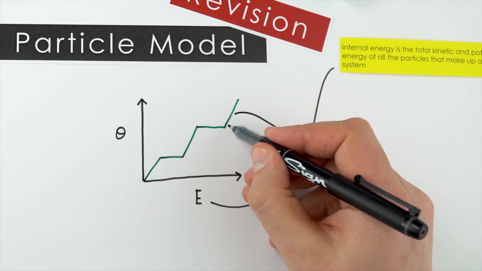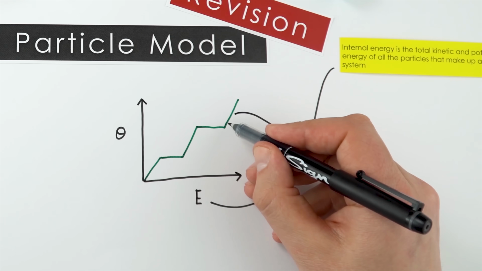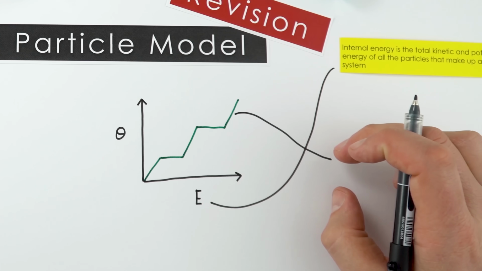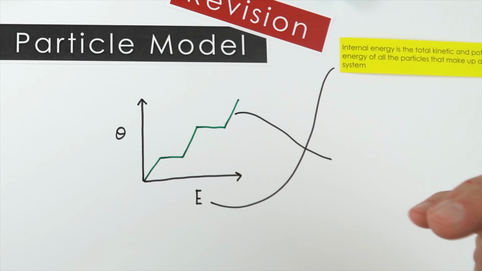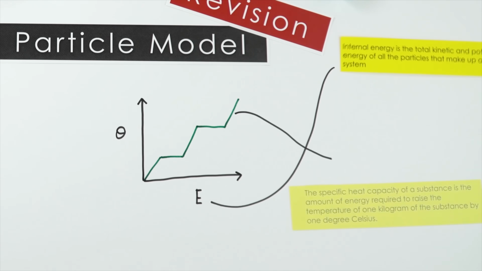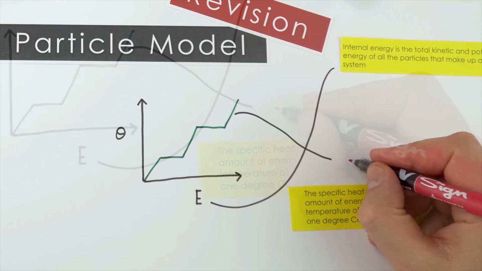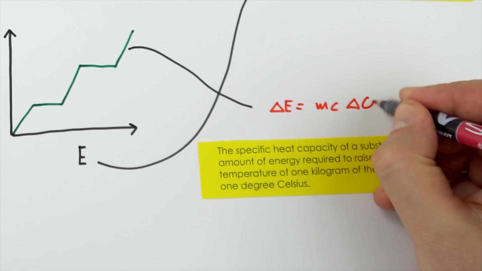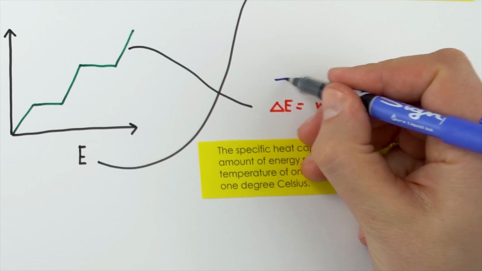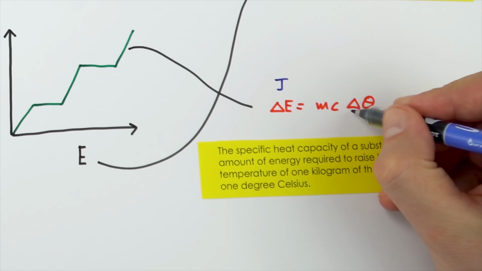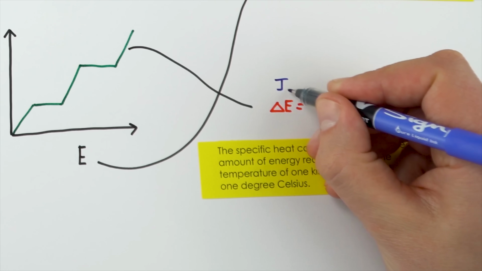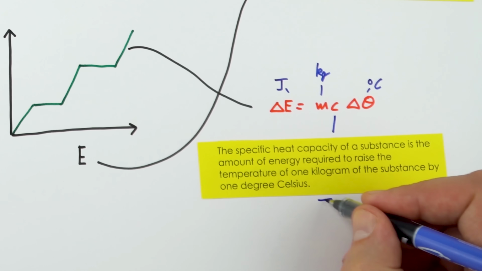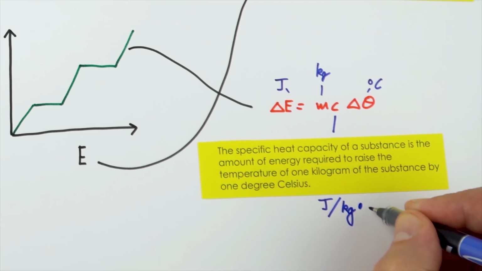And what we have here, when we have these regions here, we have something which is maybe a gas, a liquid or a solid. If we want to look at the amount of energy that it takes to heat something up, we can then look at something called the specific heat capacity. So the link between the internal energy and the temperature is that the change in internal energy is equal to mc delta theta, where what we have is our change in energy in joules. We've got our change in temperature, that's all the delta means, a change in degrees Celsius. We have our mass in kilograms, and this thing here, c, is our specific heat capacity, and that's measured in joules per kilogram per degree.